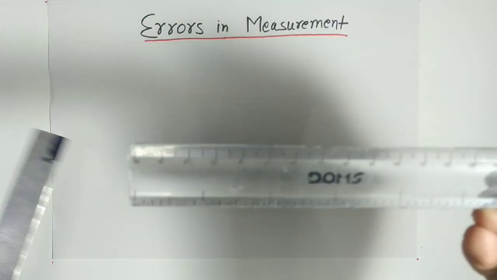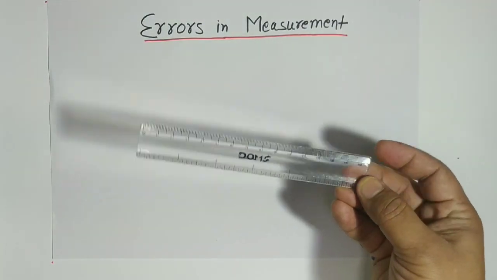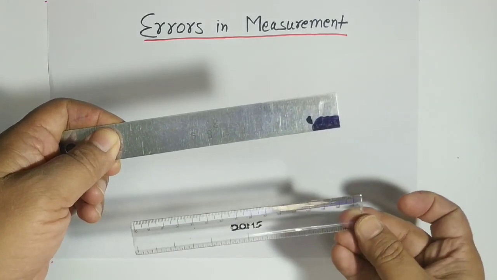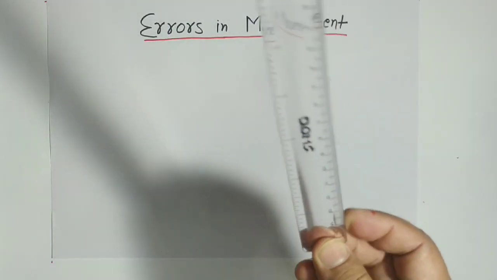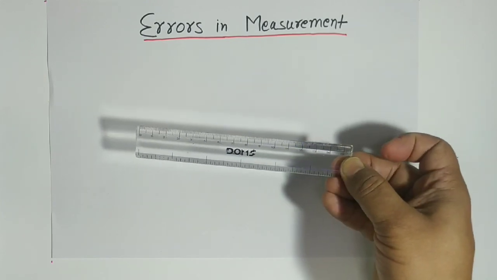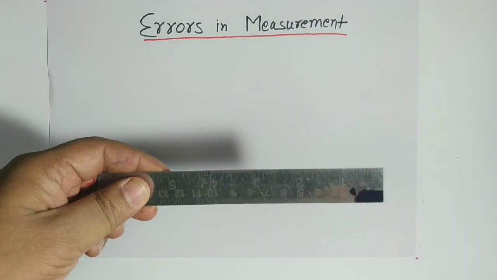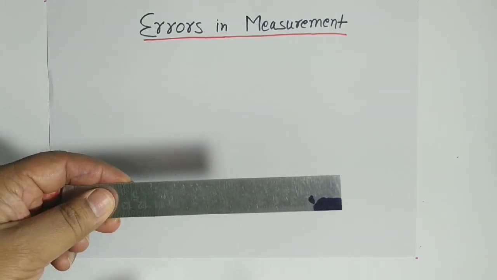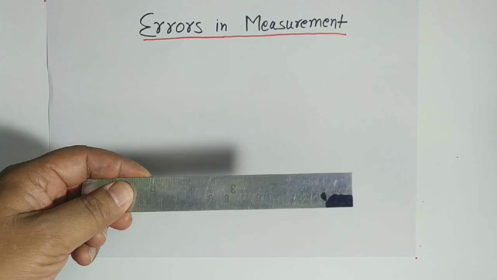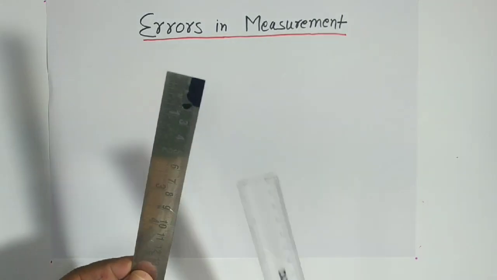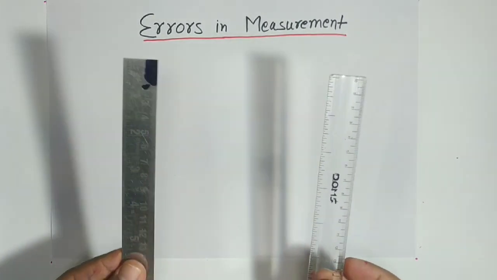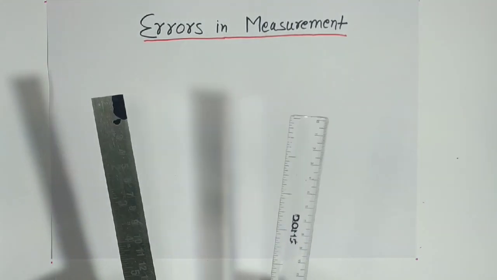Now this scale is clear. If you see it, it has clear markings. But if you see, there is a mark on this scale. Now if I ask you to use this scale to measure, you can measure the length of a table or the length of a page. If I give you this scale, there will be a problem in measuring because there is a permanent mark on the graduations. So that is also an error, and this error is related to the instrument, and it's known as instrumental error. Such types of errors we are going to deal with.